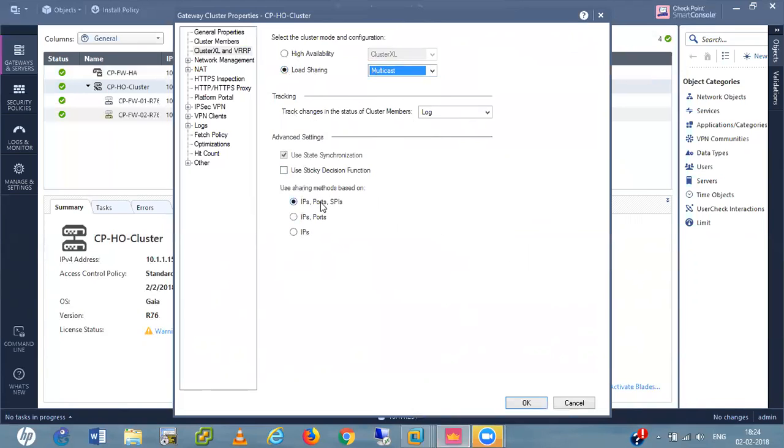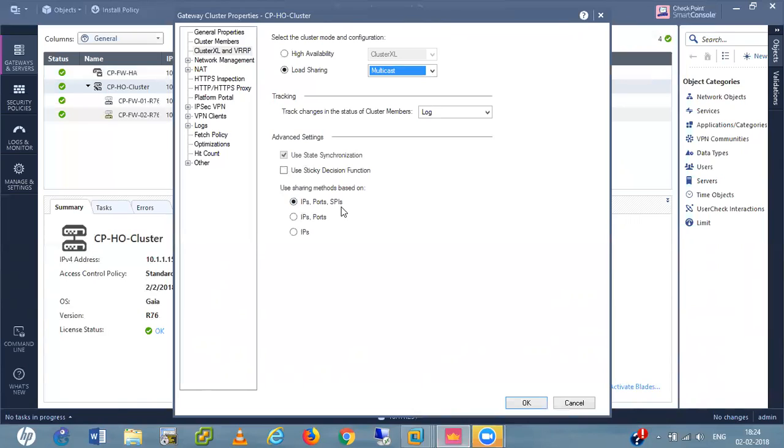They calculate the hash on the basis of the IP address, port numbers and SPIs. In load sharing, 50% of traffic is handled by the first firewall and 50% by the second firewall. So they have an algorithm based on IP, ports and SPIs.